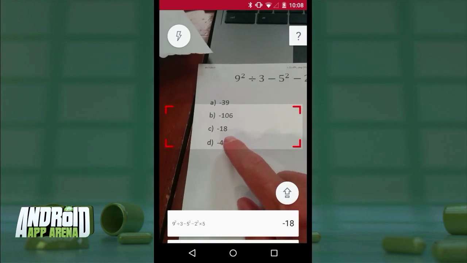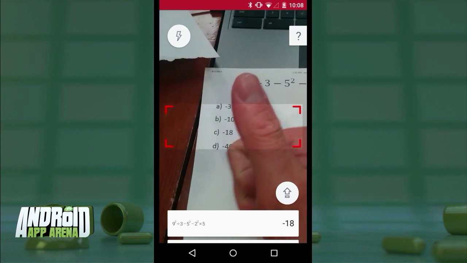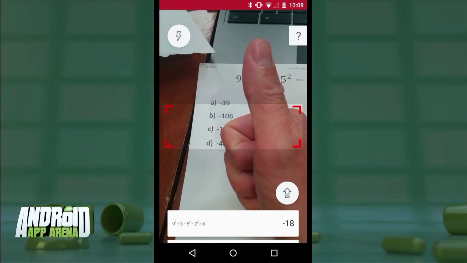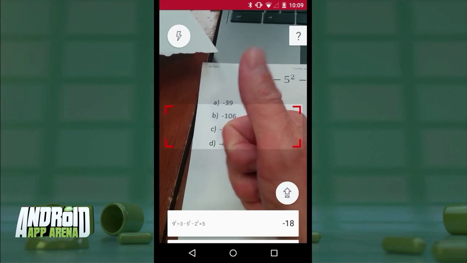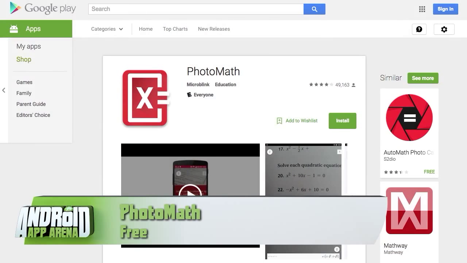One could also look at PhotoMath as a tool that makes finding the answers to questions you don't know and passing it off as actual work relatively easy. I'll leave that determination up to you, but it is kind of neat what it's doing here. It's like WordLens, but for numbers. Find PhotoMath for free in the Play Store now.